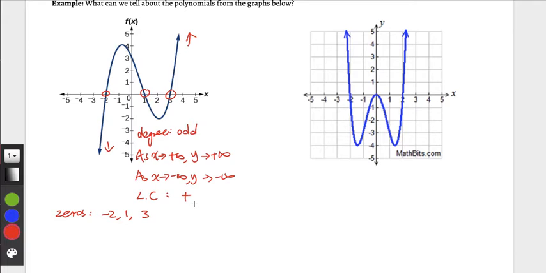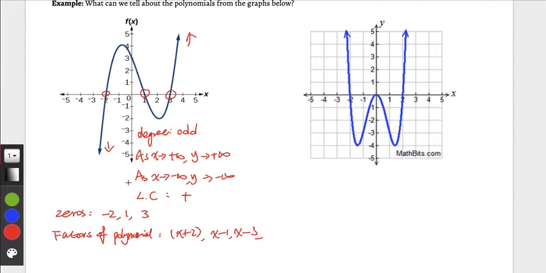So what we can tell from the graph is the factors of the polynomial